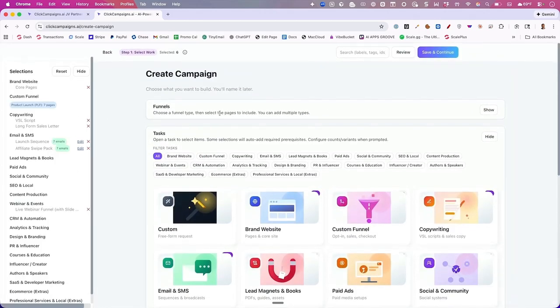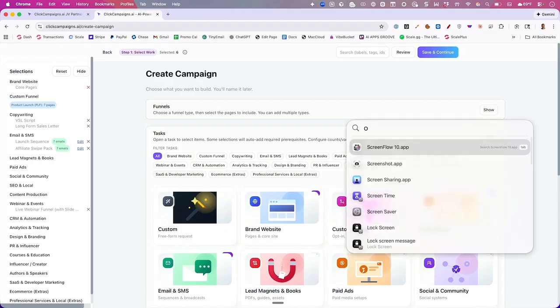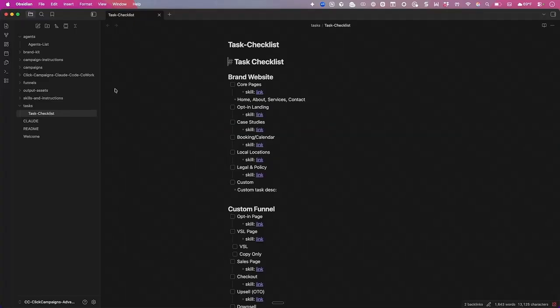All right. And bear with me just a second. I'm going to actually show you what these actual skills look like. Okay. What I just did is I opened up my Obsidian application because I exported all of these skills. So what I want you to see is that if we go into the funnels and I click on the